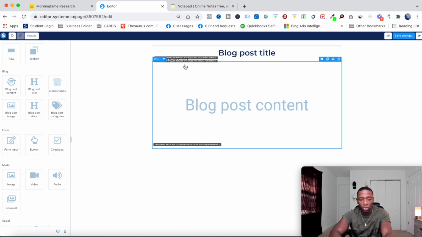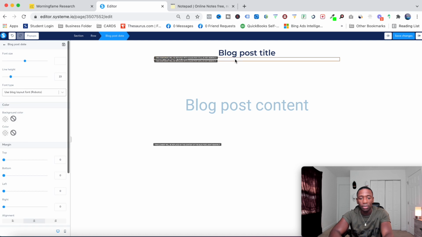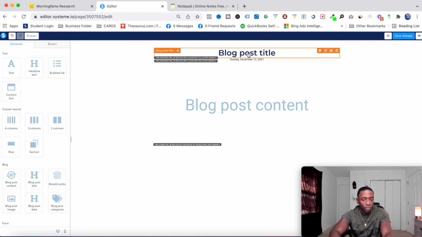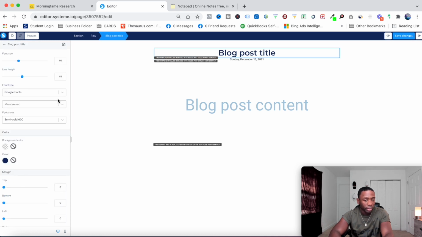Right now we can't really see it, but what I'm going to do is bring it to the middle. I'm going to come over here and hit the middle. All right, boom. Now it's in the middle along with my title. Now I might want to make my title a little bit bigger as far as appearance when somebody comes on my blog post.